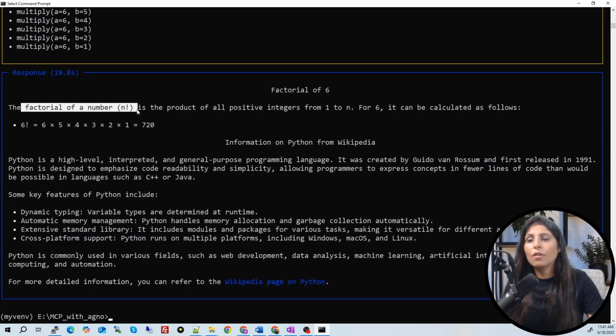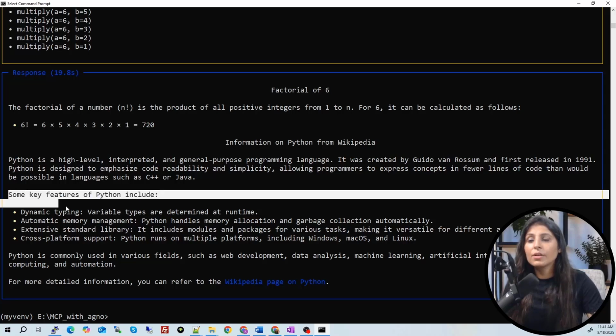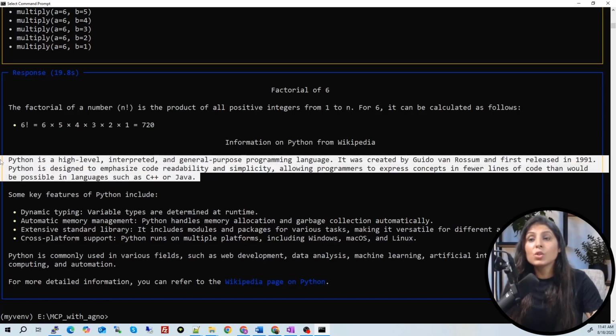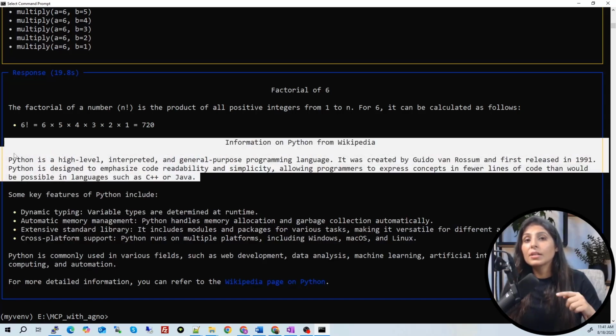The factorial of 6 is 720, and the information on Python from Wikipedia is this. So one tool, the Wikipedia MCP server, is running on our local computer, and the custom MCP server which we created today, we pasted that on the cloud, and we are getting the information related to this part from the MCP server which is on the cloud.